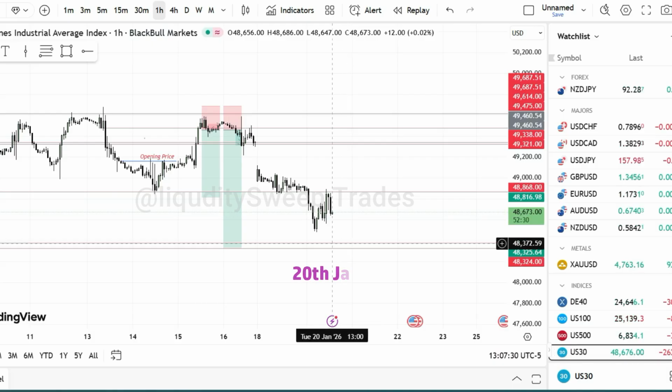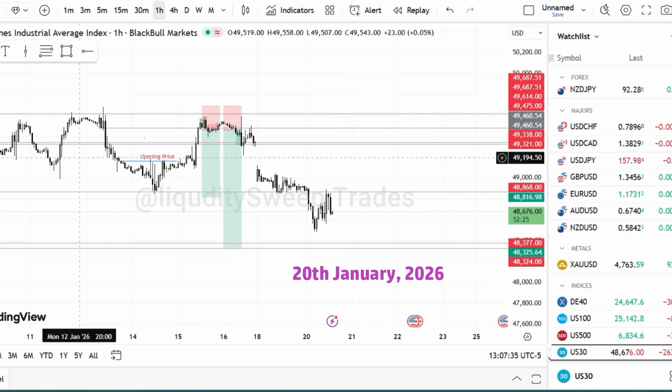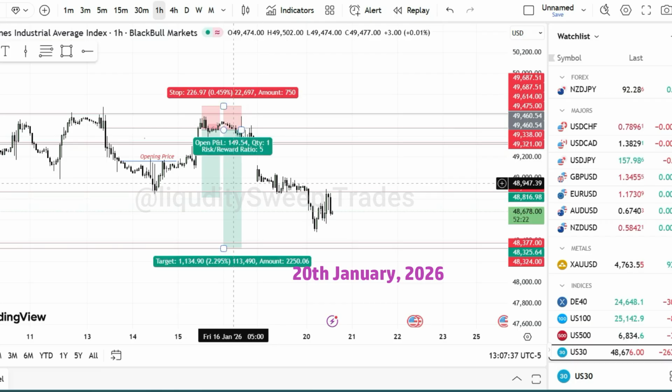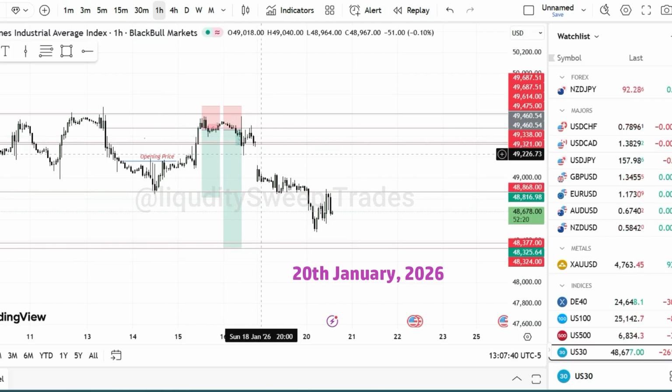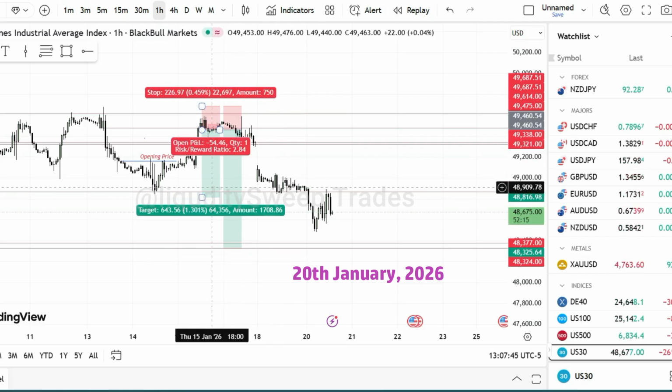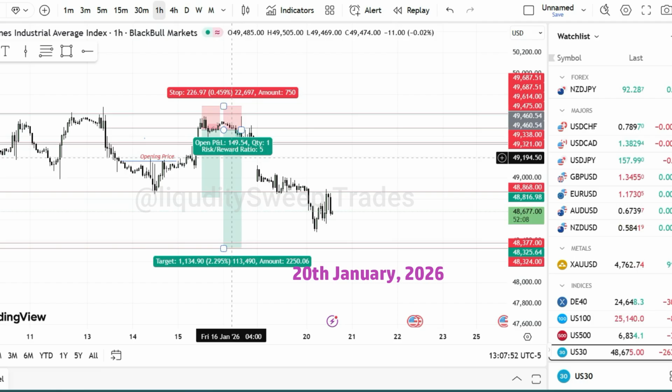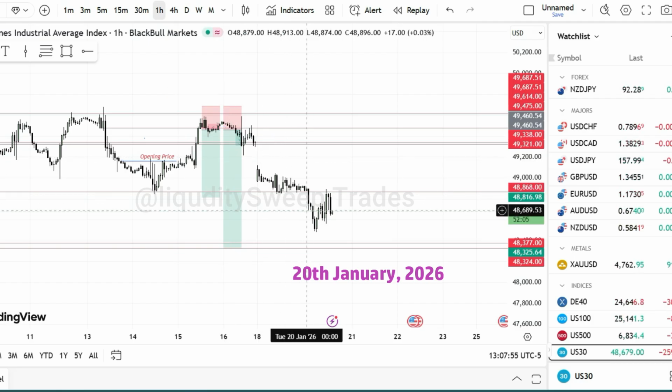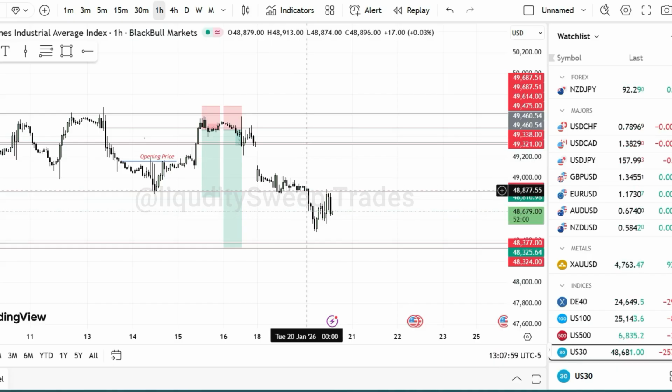Traders, welcome again to another brand new day. Today is Tuesday 20th of January 2026, and if you've been following along all along, we've been expecting the price to go to the downside, and we got it. I mentioned earlier that I closed my first position here and I broke even for my second position, and for Tuesday, luckily for us, we got a down move,